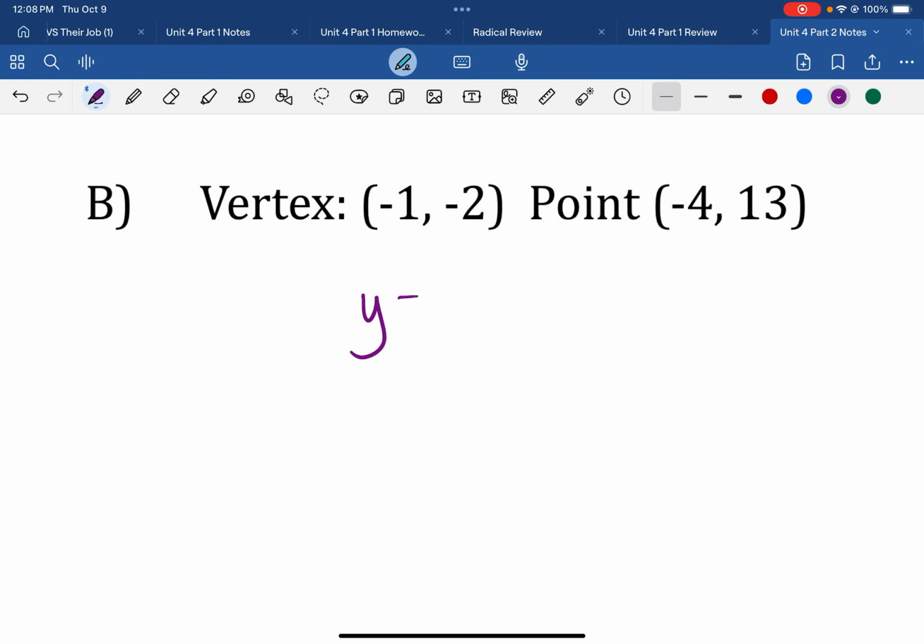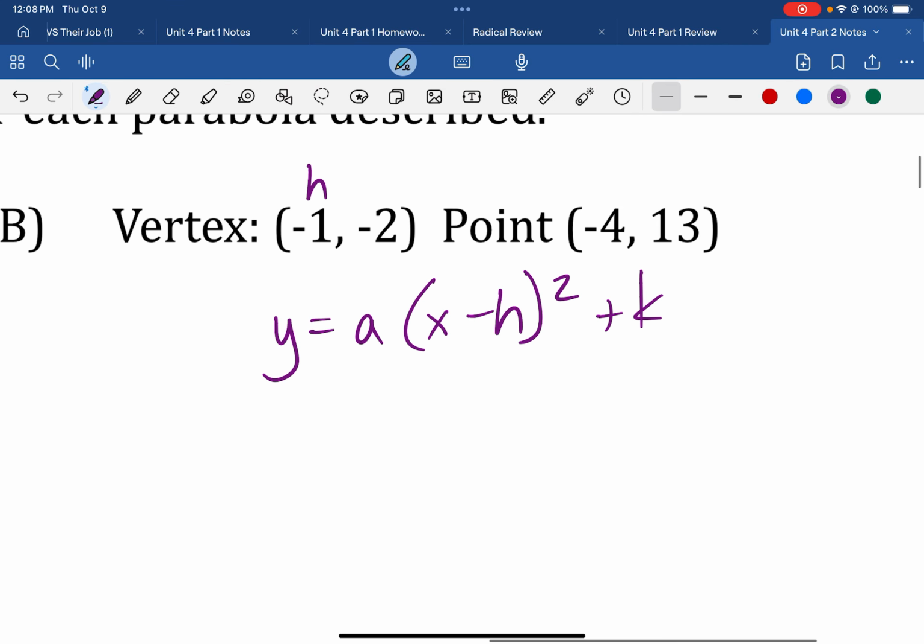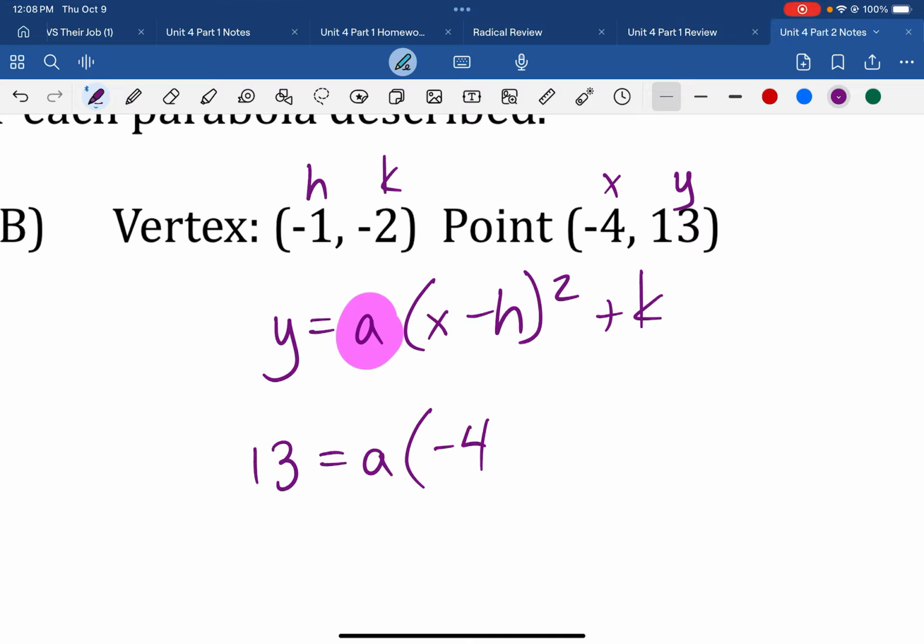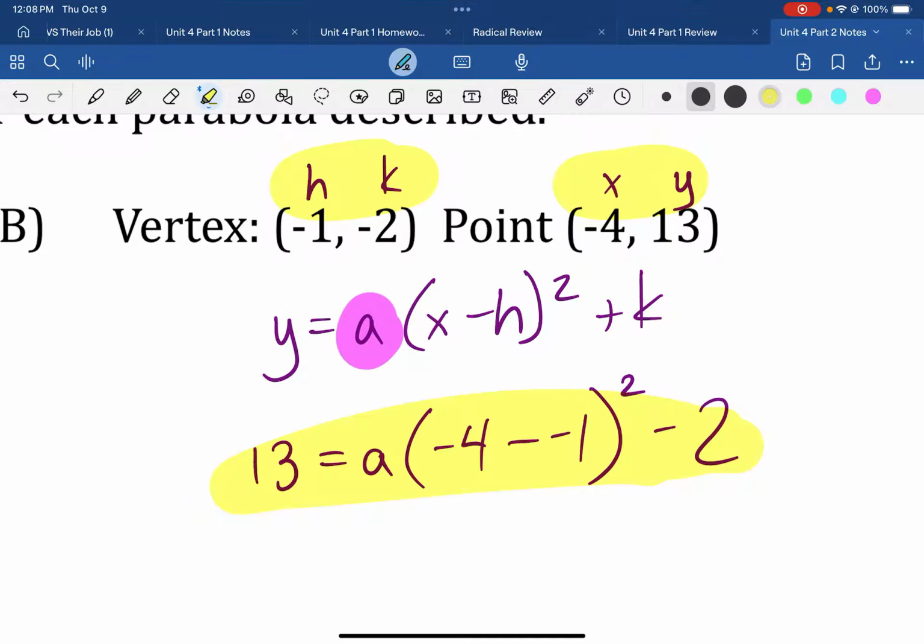Same thing, I'm gonna start here: y equals a (x minus h) squared plus k. I'm going to plug in everything I know, which this is h, this is k, this is x, this is y, and that'll help me find my one missing part, which is that letter A. So I'm going to go 13 equals A times x, which is negative 4, minus negative 1 squared minus 2. So again, that's just putting in all of these h and k's up here into this right here. And now I'm going to solve for A